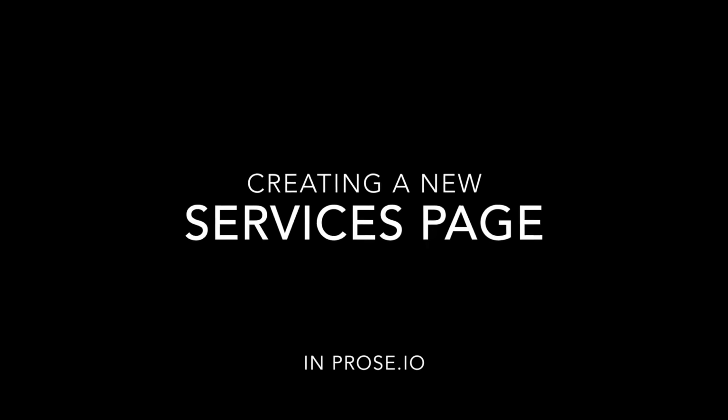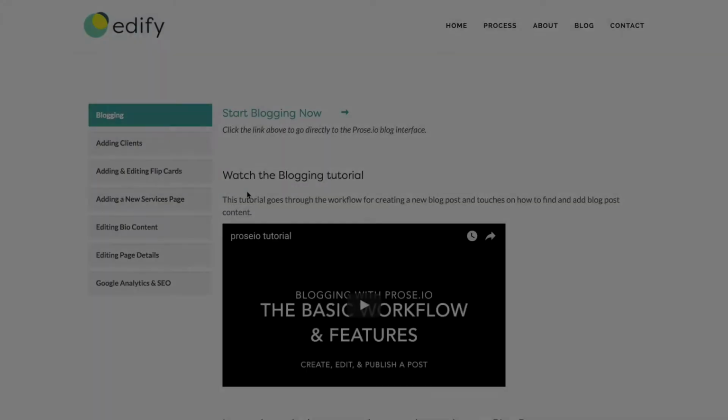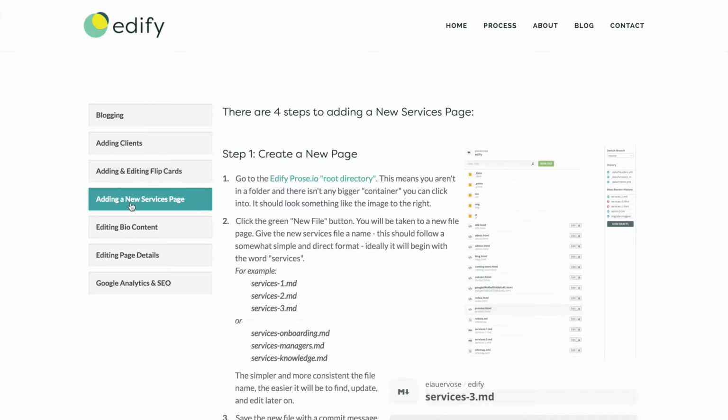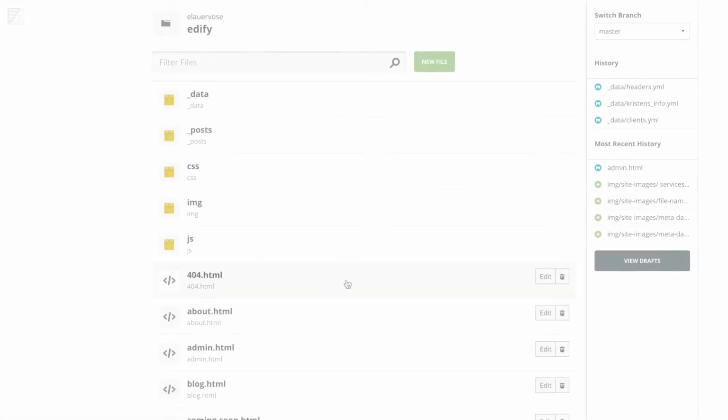This is a tutorial on how to create a new page in Prose. From the admin page, you're going to go ahead and go to the Adding a New Service Page tab, and you'll see there's a link right there to create a new page. That takes you to the root directory, and that is where you'll see up in the top right corner there's